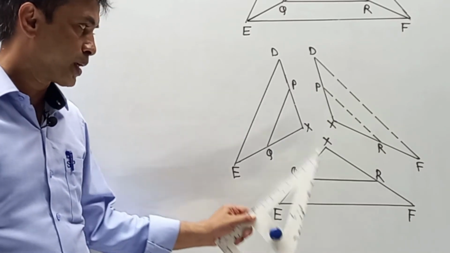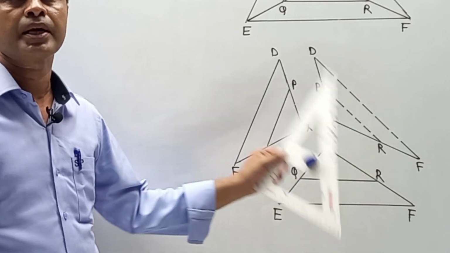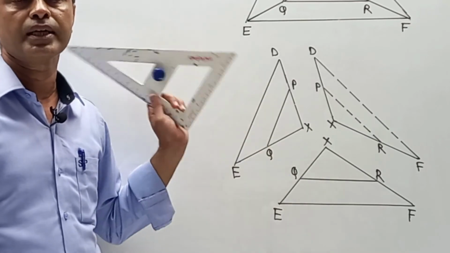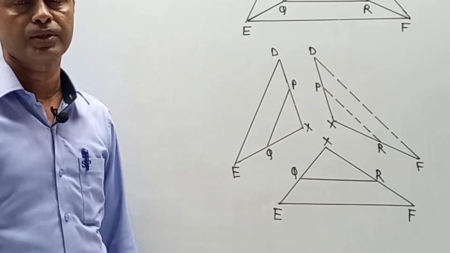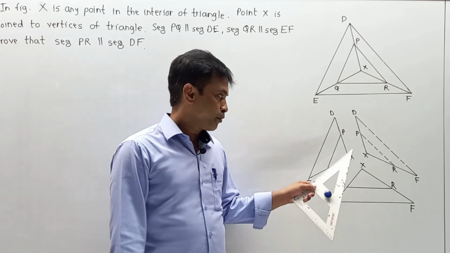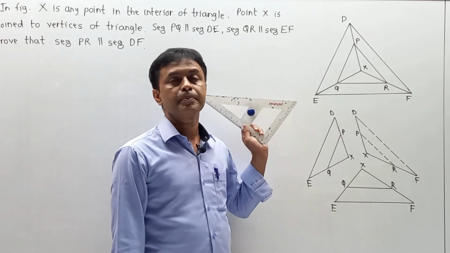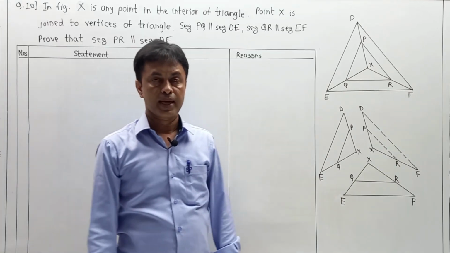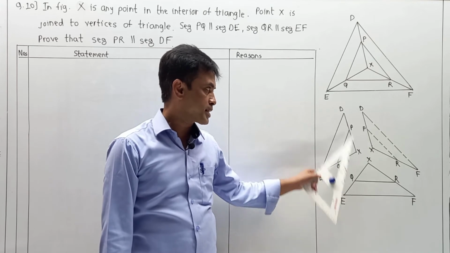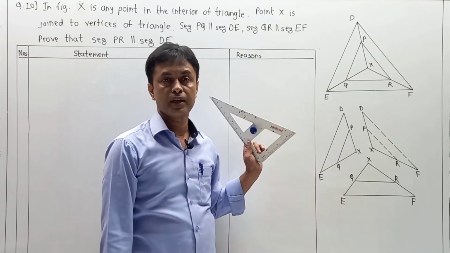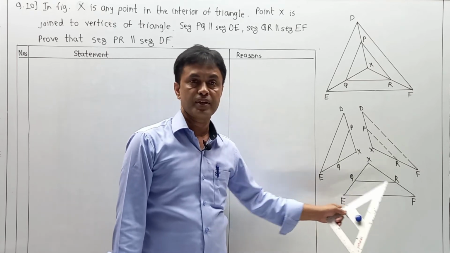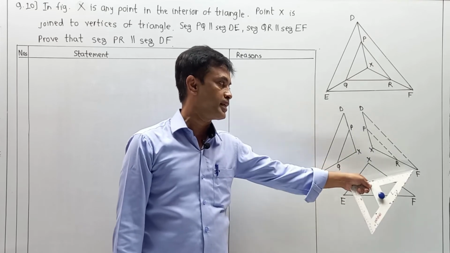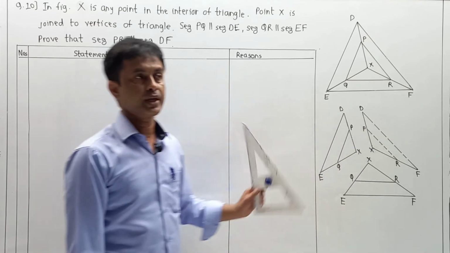And in this way, number 1, then number 2 and number 3. This part I am going to write over here, so please pay attention. They have given it in the form of fill in the blanks, but I am going to write it in the form of a solution method. Before completing, draw this diagram and then pay attention to the answer. As discussed, I am going to write about triangle XDE as number 1, XEF as the second triangle, and third, from 1 and 2 I will reach a conclusion for XDF as the third part.